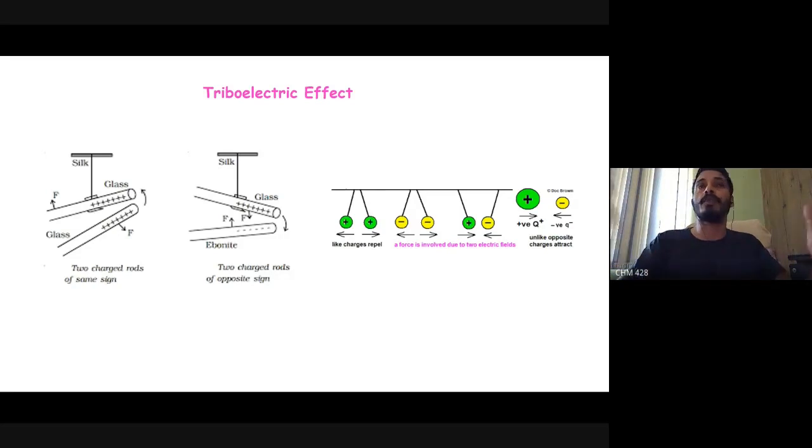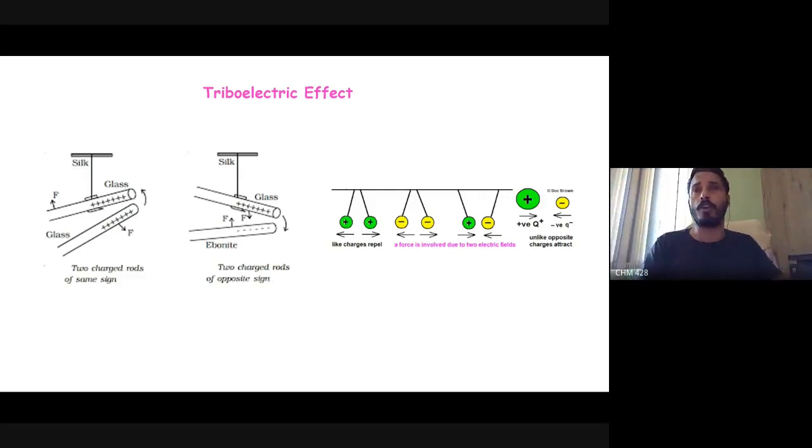And they observed that whenever a glass rod was rubbed onto a silk cloth, it acquired a charge. They observed it in the 16th century itself. And the charge acquired by the glass rod was opposite to that of the amber stone rubbed in the same way. The question is, how did they understand that it was opposite?